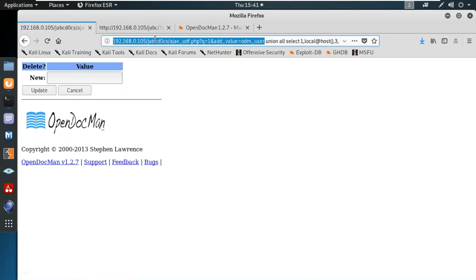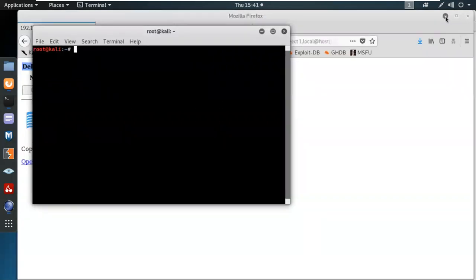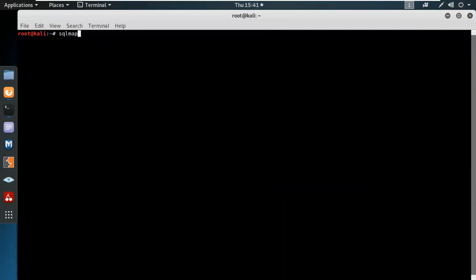So what I'm going to do, I'm going to copy this one, and we're going to use our automation tool. That would be sqlmap. sqlmap -u URL and --dbs for the databases. So this is a string value. So first of all, let's use double quotes, because this is a string value, and we encapsulate string values with single quotes and double quotes. If it were an integer, we wouldn't need to do this, because otherwise it would count the value as an integer. So --dbs to extract the databases,